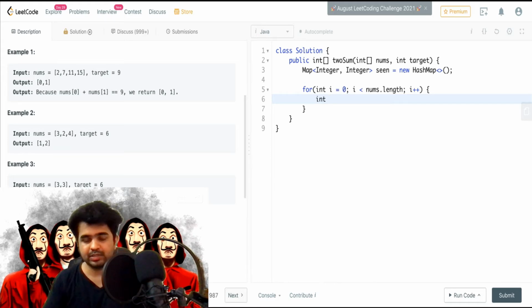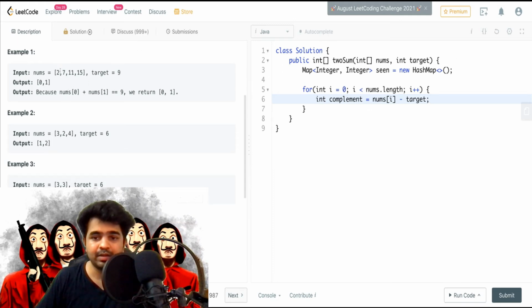Here we need to find a second number, so we can say int complement equals target minus nums[i]. If we take our first example, then complement will be 7 because nums[i] is 2 and target is 9.